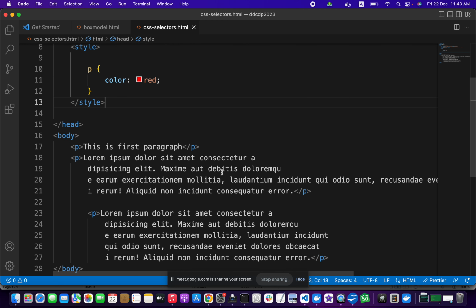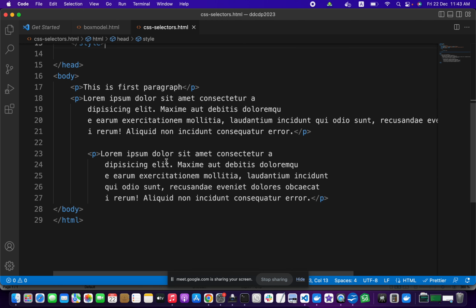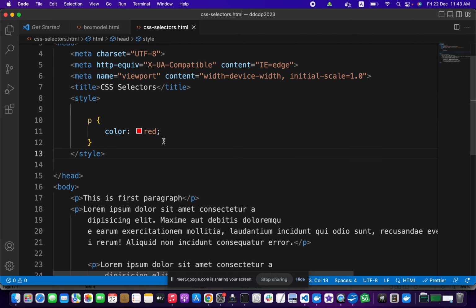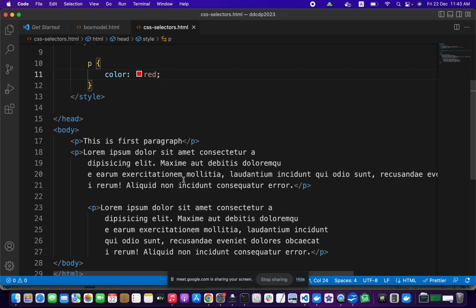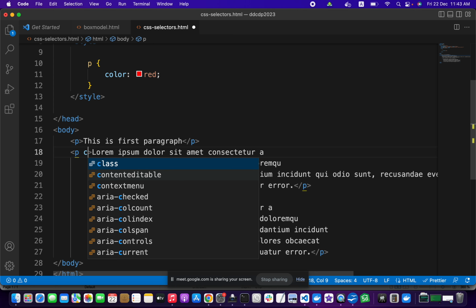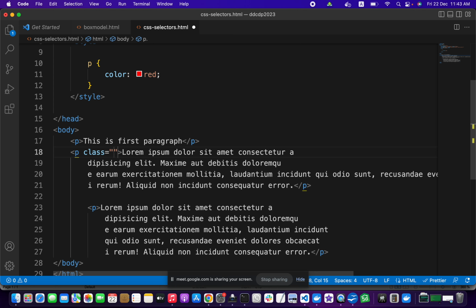Now I don't want every paragraph to look red. I only want, for example, this second paragraph to look red. For that purpose, I will give, for example, a class to second paragraph. Class means some identifier actually,